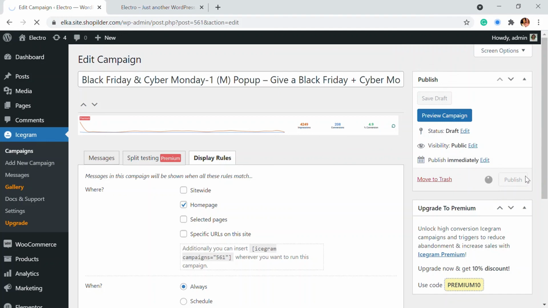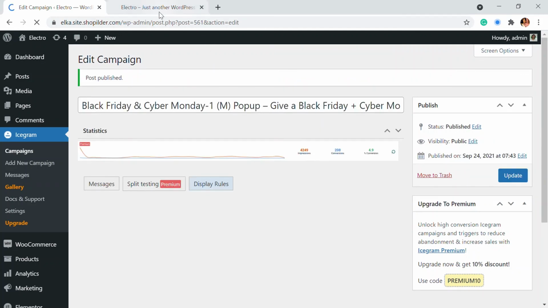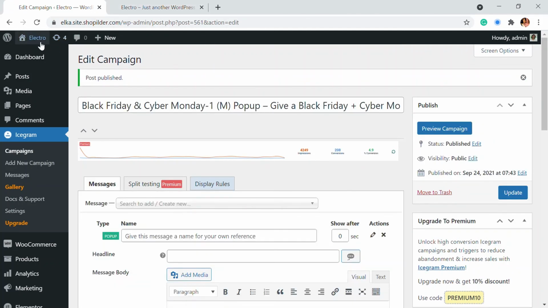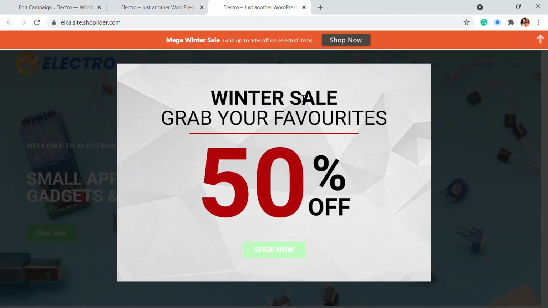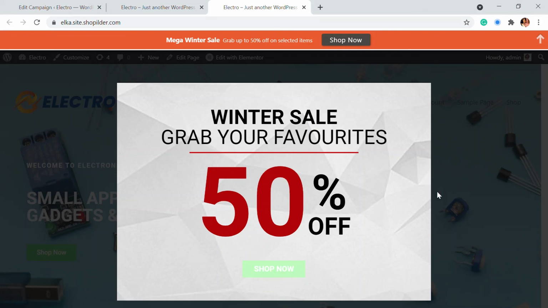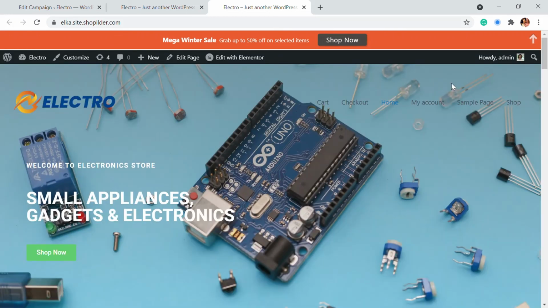So I'm going to publish this, and upon publishing, let me go back to my website again. And here, this is the grab winter options that's available. And when I click on close, you can see that the pop-up is available again. So this is how you can show your customers a pop-up notification, or a notification bar, or an announcement bar, anything onto your WordPress WooCommerce website. This is a very simple plugin, and you can customize it however you want. It's very basic and simple.